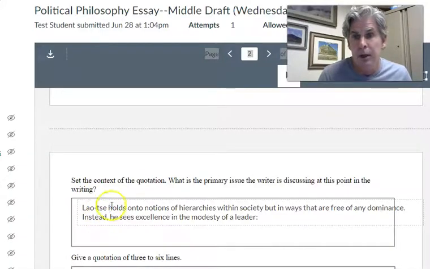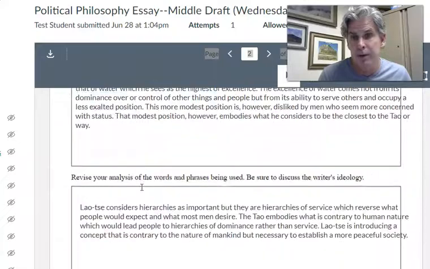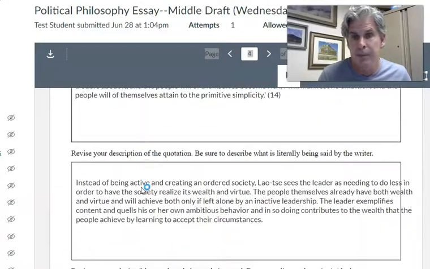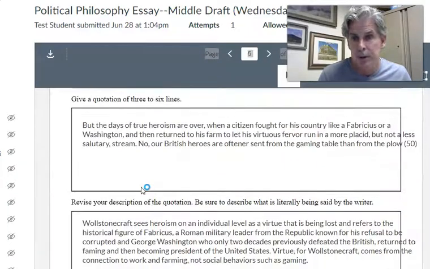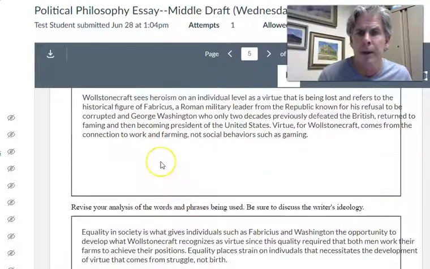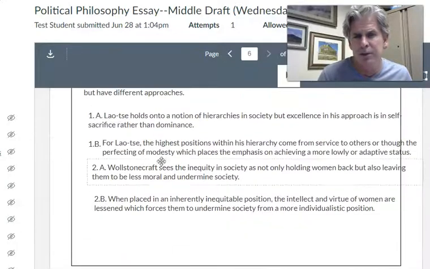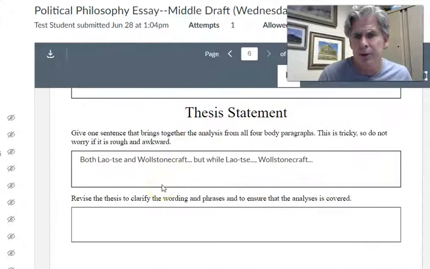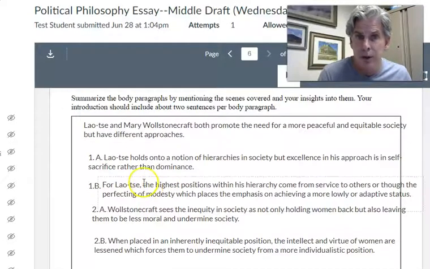Okay, this was the first body paragraph, this was the second, and this was the third, and here's the fourth. Okay, I still need to set the context up, but I didn't get that. I'll do this with 3 paragraphs, so I don't want to waste your time. And here is my first attempt at the introduction. So in my thesis, a little bit I got to work on it. We'll see what I can get done. Let's move this over into a Google Doc. Okay, so if you're working in Google Docs, this will make sense.